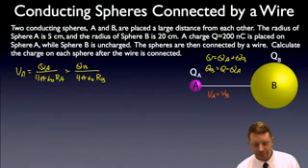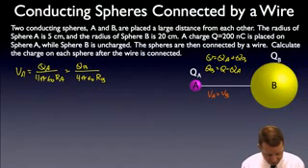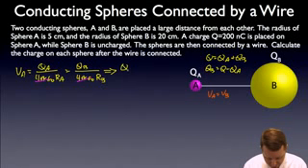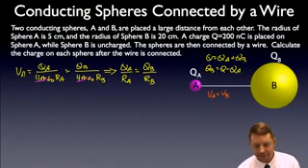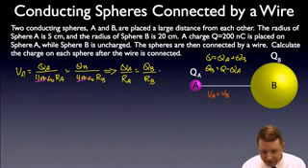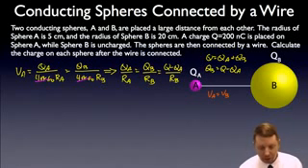All right, a couple simplifications we can make there. 4 pi epsilon naught we can divide out on both sides, and therefore state that QA over RA must equal QB over RB. All right, a little bit more rearrangement. If QB is Q minus QA, then I could write that this must be Q minus QA over RB,